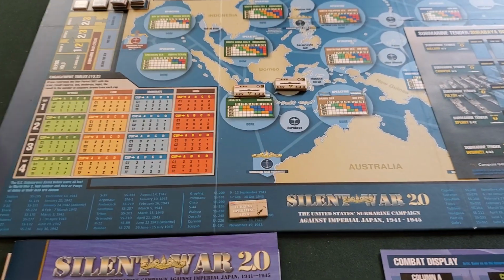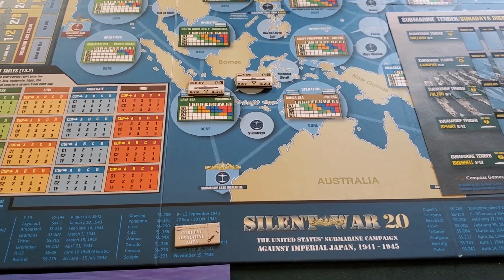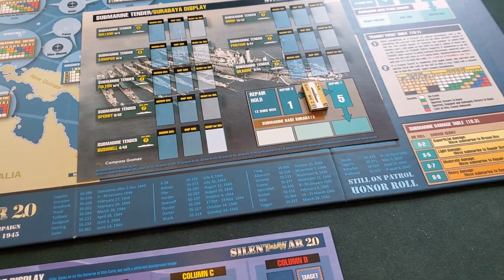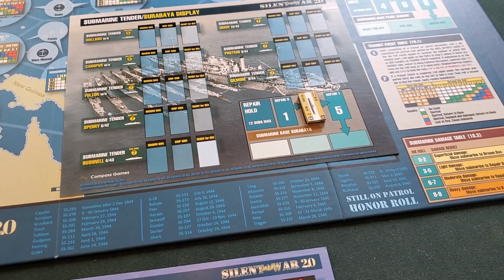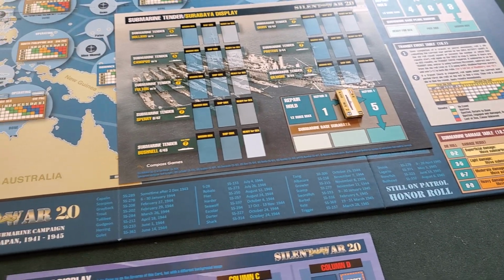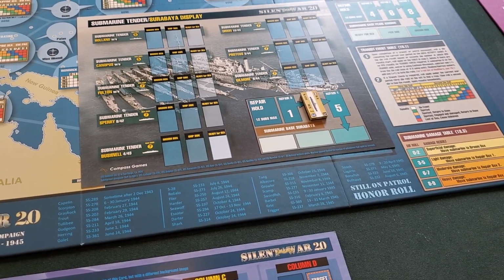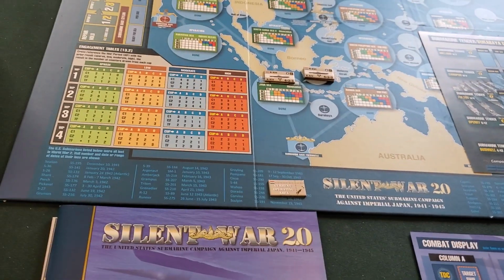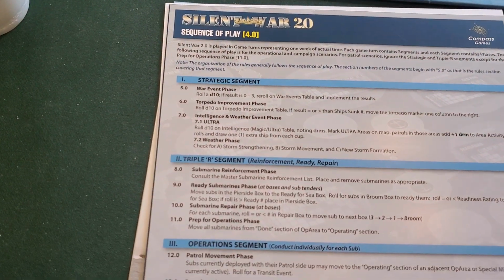Got the initial Dutch submarines set up in their starting areas. A couple of them over in the repair box 2 in Surabaya. I've already rolled for their repair roll. They both failed the roll, so they stay in that box. So just moving on to